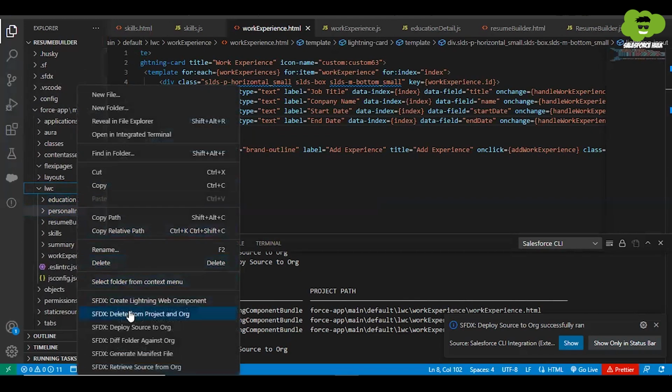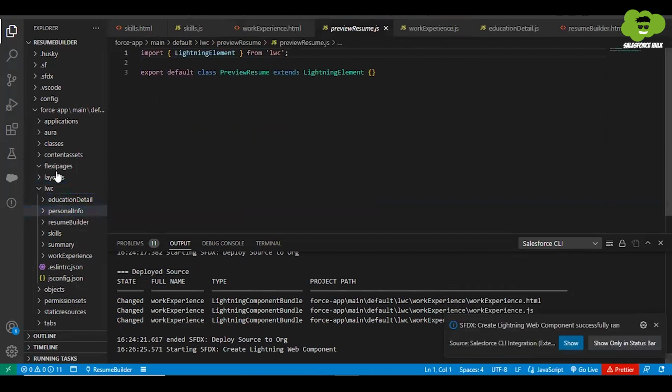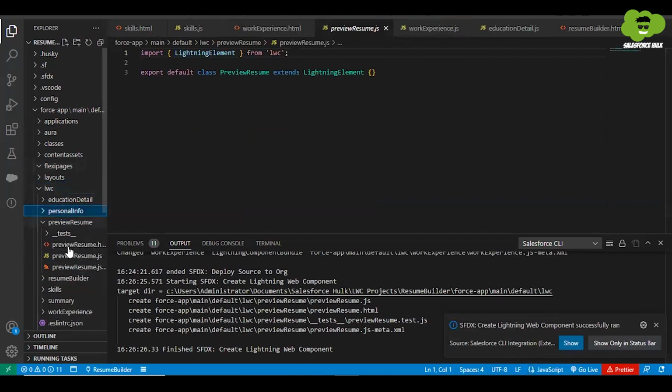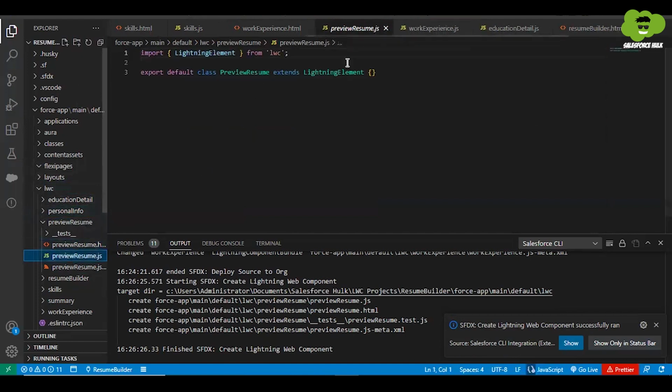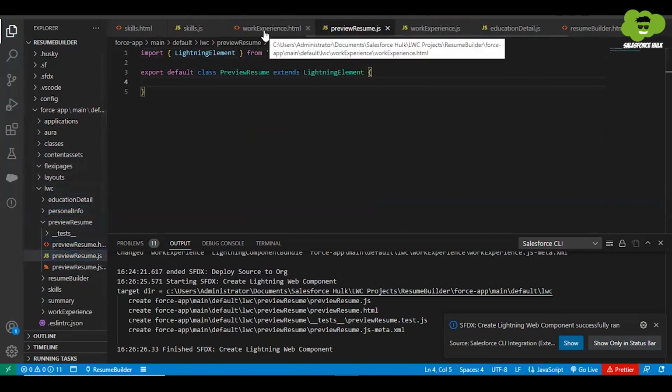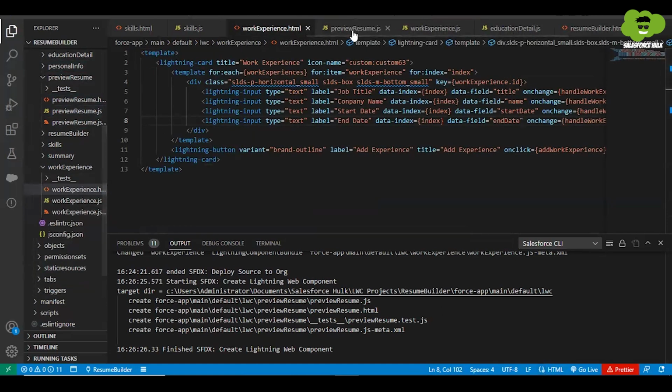Preview resume. This is the name of the component. Okay, and in this component, I'm going to have HTML and there will be a JS. So first of all, in the JS, there will be some public properties. These public properties will be receiving the data. So what I'm going to do is